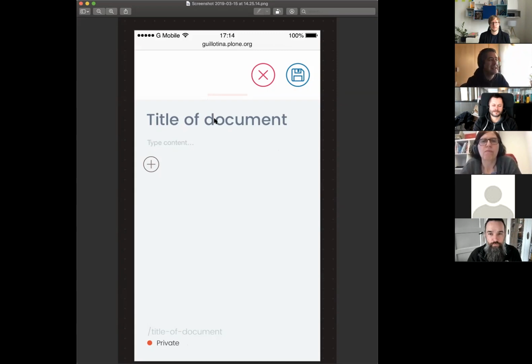But as you can see, there is not much room here. So if we clutter the top with a lot of actions, then it won't work for a sane mobile experience, right?